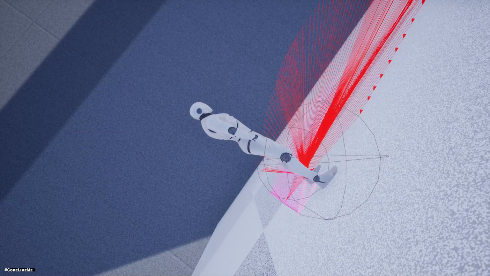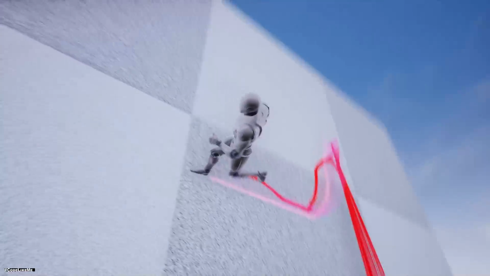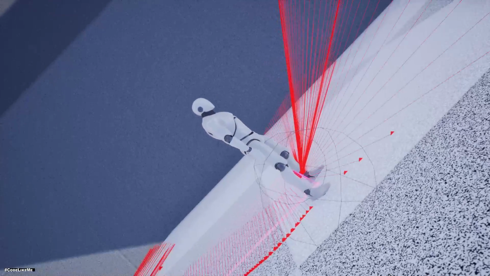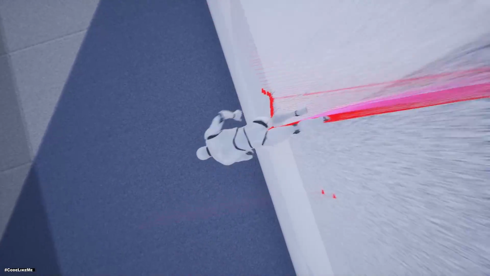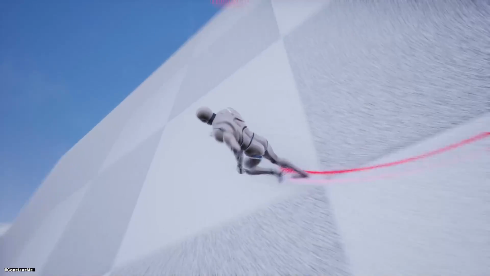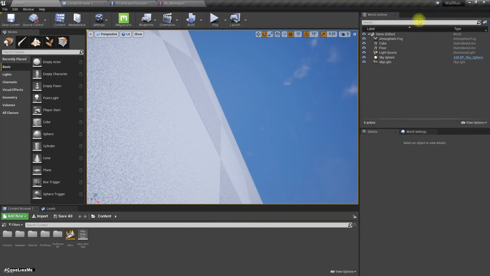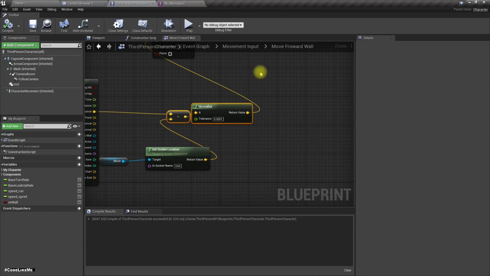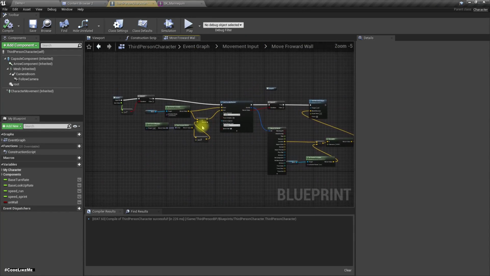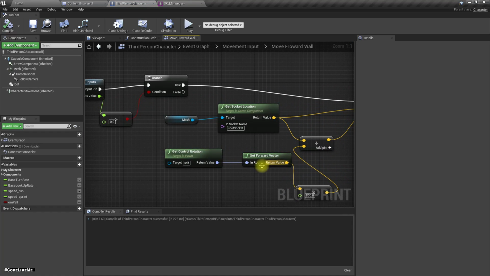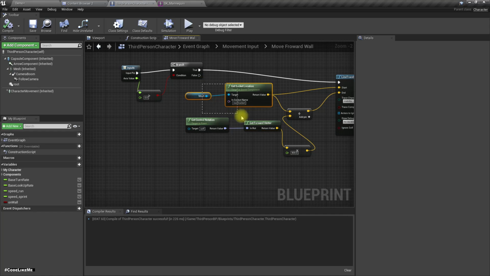So in this case, I can't move because the line trace doesn't hit. So to prevent that, maybe instead of doing the check like this, let's see,